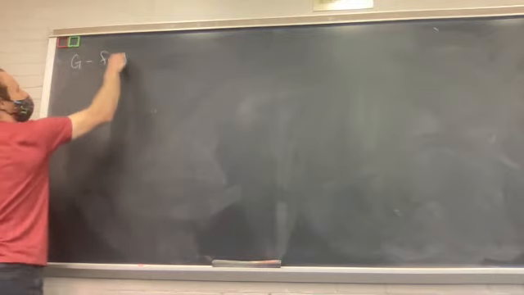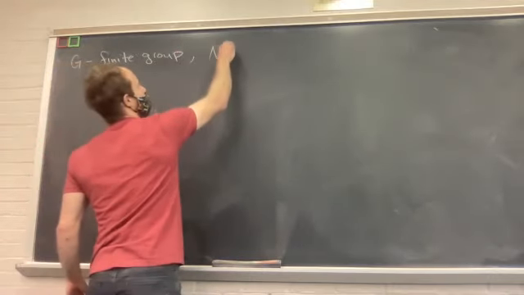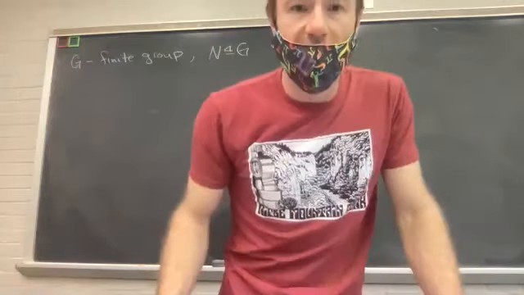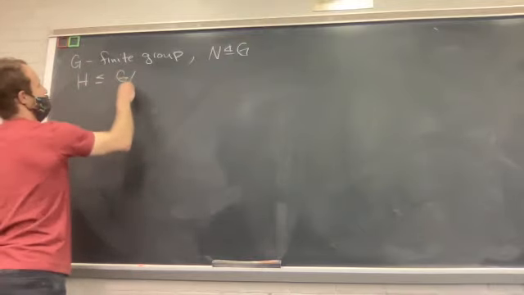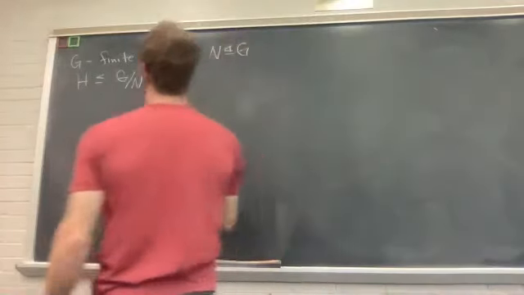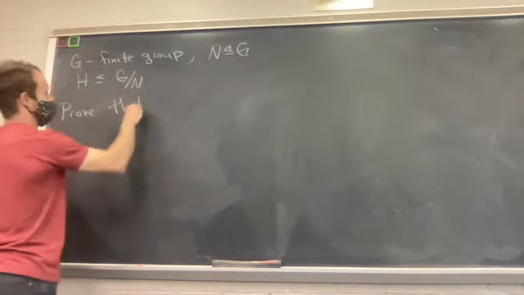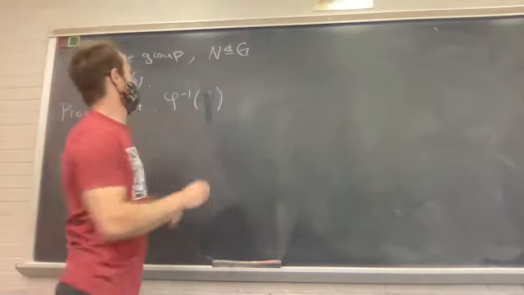14? Yeah. Okay, we got G is a finite group. N is a normal subgroup, and H is a subgroup of G mod N. And that's what it says. Prove that the inverse of H